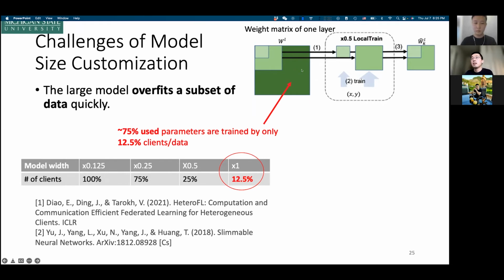So streamable training in federated learning will download a subset of parameters to the client and train it, and it can totally not train the dark green part, because this part has to be a full-size network, and it can totally not fit into a client with constrained memory. So we will see that about 75% of parameters are not trained, so they do not generalize well. This is very reasonable.